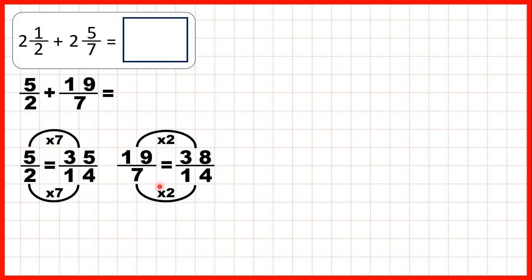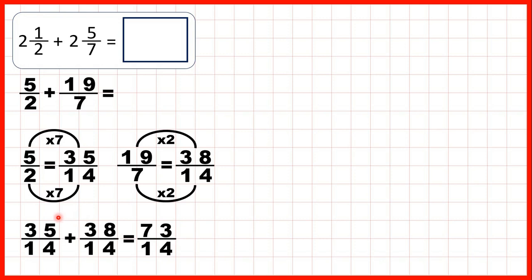But now we have fractions with a common denominator, so we can rewrite our question. Instead of 2½ or 5/2, we can write 35 over 14 because that's equivalent, and instead of 2 5/7 or 19/7, we can write 38 over 14. So now we have a common denominator, and that stays the same in our answer. 35 plus 38 is 73. You might need to use column method to work that out, but we have our answer 73 over 14 as